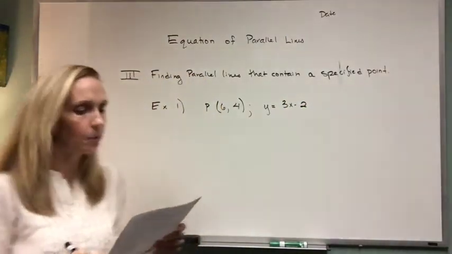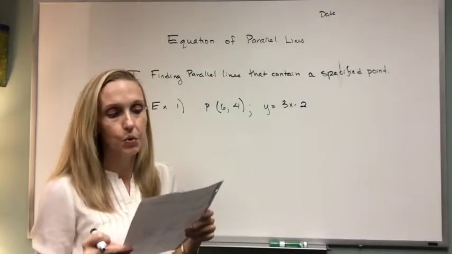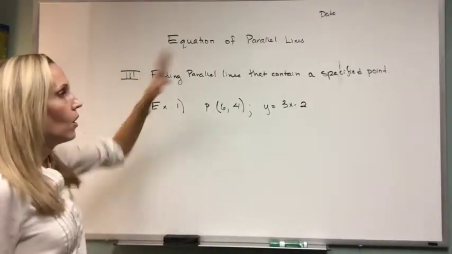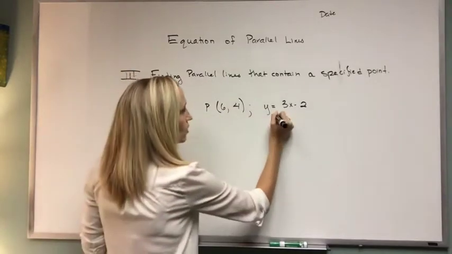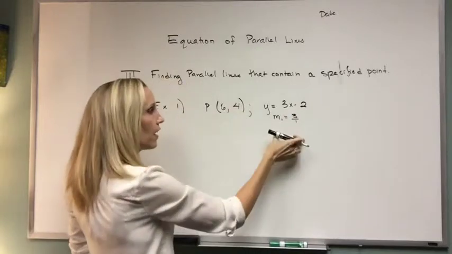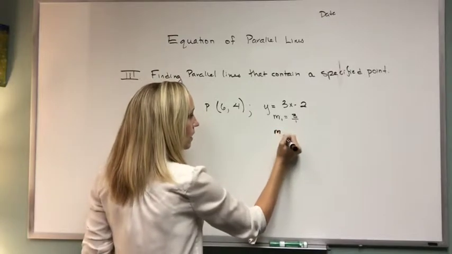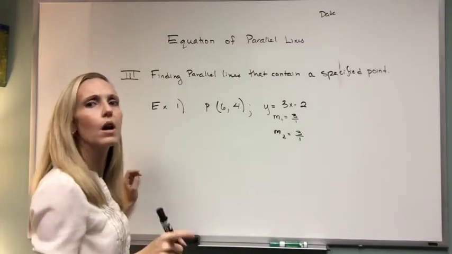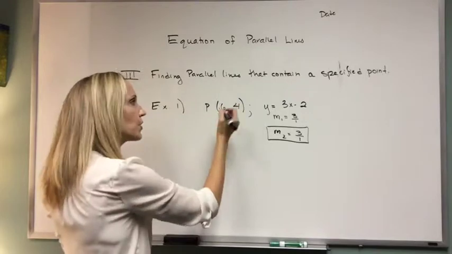The directions read, write an equation for a line that is parallel to the given line that passes through the given point. Okay? So, we know that this line, it's very easy to determine the slope. We know that the slope of this line, m1, is 3 over 1. Therefore, my line that's parallel to it, m2, must also be 3 over 1. If I said 3 over 4 before, I have no idea why. So that's the slope we're going to use. And because we're given a point,